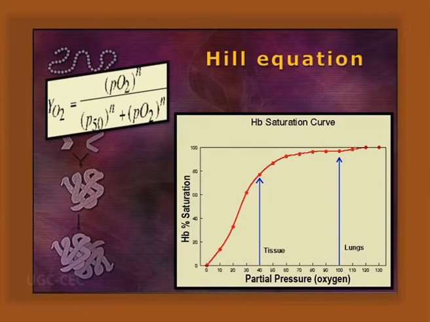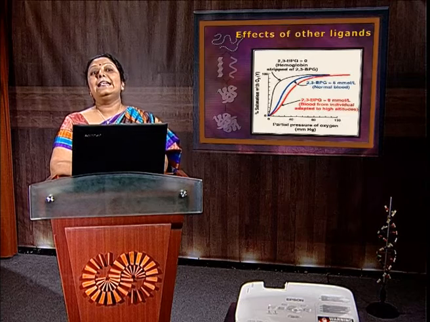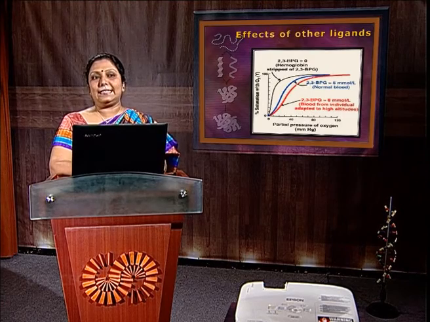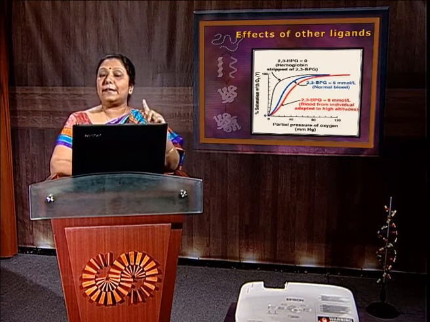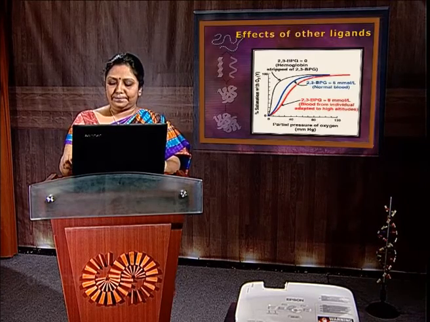Effects with other ligands. With negative impact, it binds with H plus, Cl minus, carbon monoxide, carbon dioxide, etc., as well as 2,3 biphosphoglycerate. This 2,3 biphosphoglycerate has much more affinity in the case of adult hemoglobin, HbA, than that of fetal hemoglobin. So it actually regulates the high altitude condition, and the T state is getting stabilized as the deoxyhemoglobin state by this BPG because it fits in the deoxyhemoglobin condition.